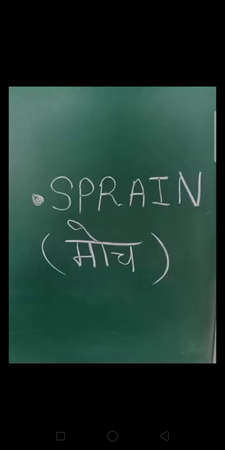Now comes sprain. Everybody knows about it. In Hindi we used to call it as moch. So what happens in it? Sprain, while playing or doing any kind of exercise or stretching, your ankle or wrist may get twisted. Sometimes it gets twisted and we are not able to return back to its actual position, right? So the tissues around the joint gets torn due to a sudden jerk. The tissues over that portion where you are having the sprain, it gets twisted and this causes severe swelling and paining at the joint. It pains a lot.